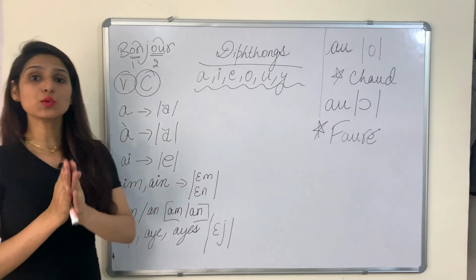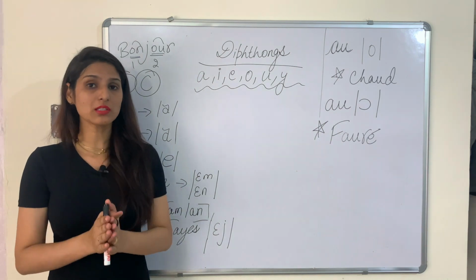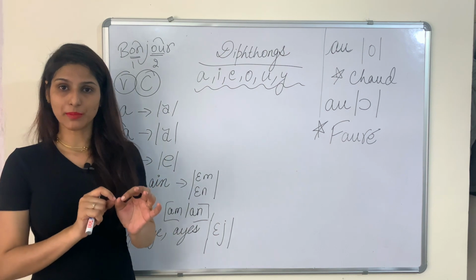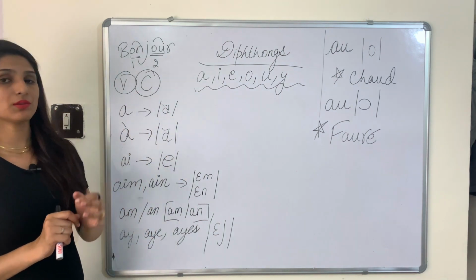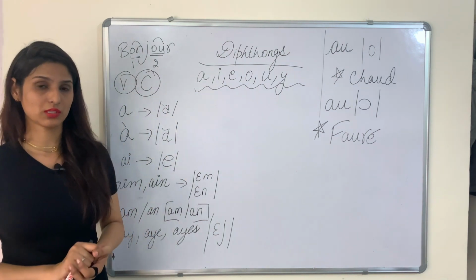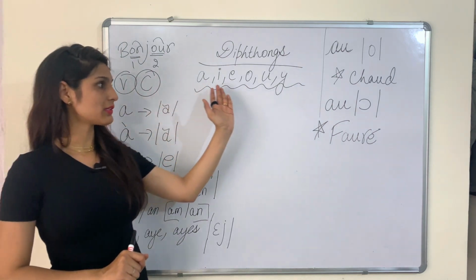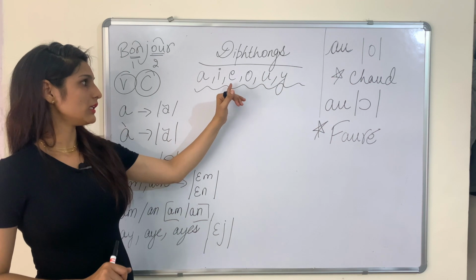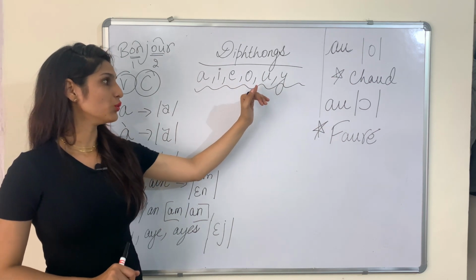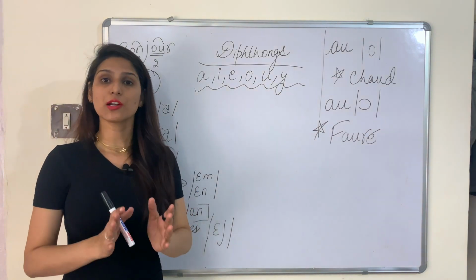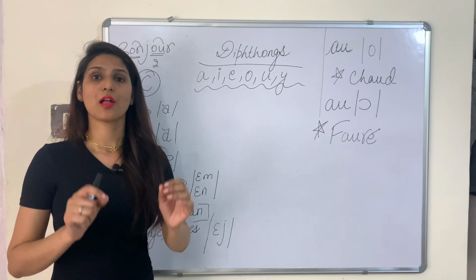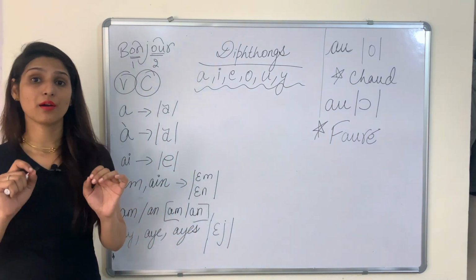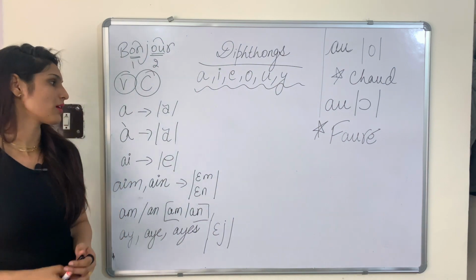Now, there are two types of diphthongs: diphthongs which have vowels which give main sounds and consonants which give main sounds. So we have over here 6 vowels: a, e, o, u, y, which are going to give us our diphthongs. Diphthongs which are going to give us main fixed sounds. First